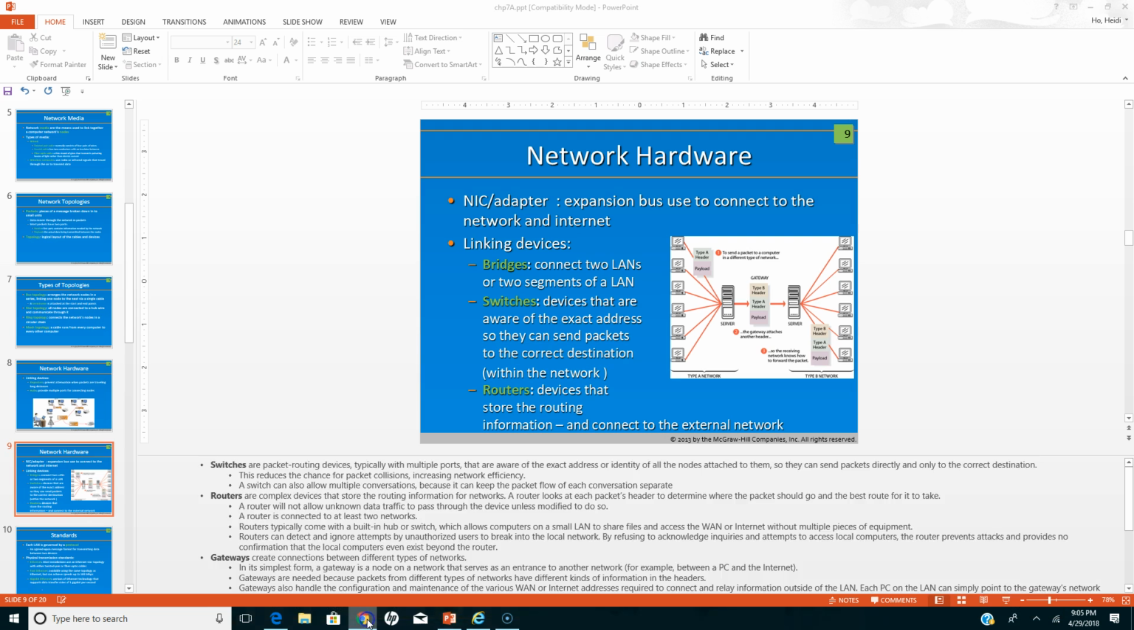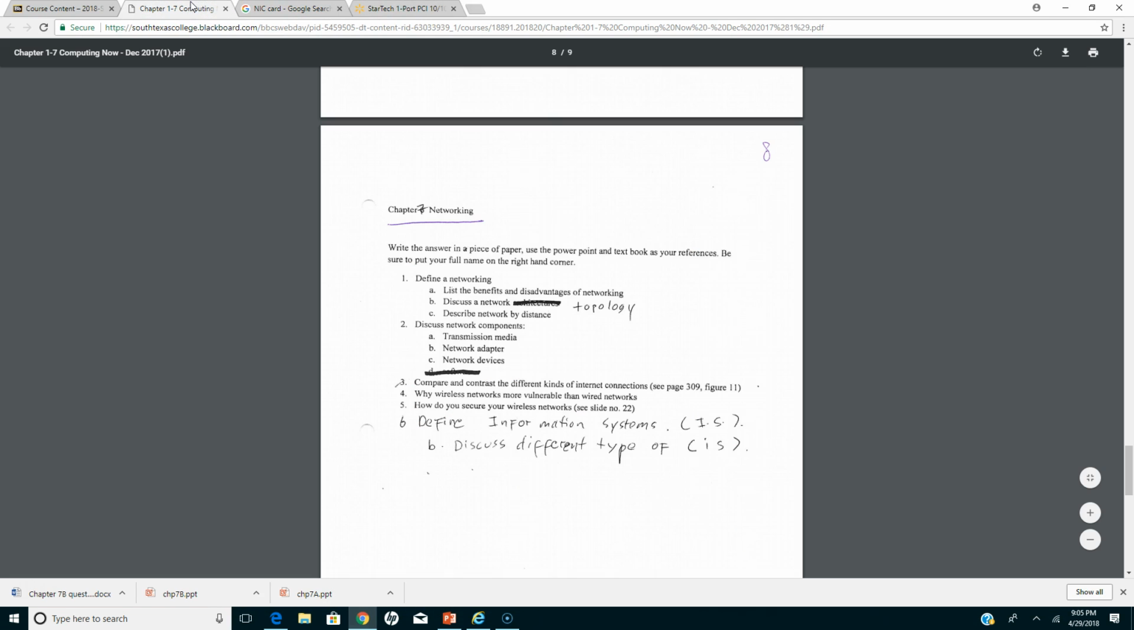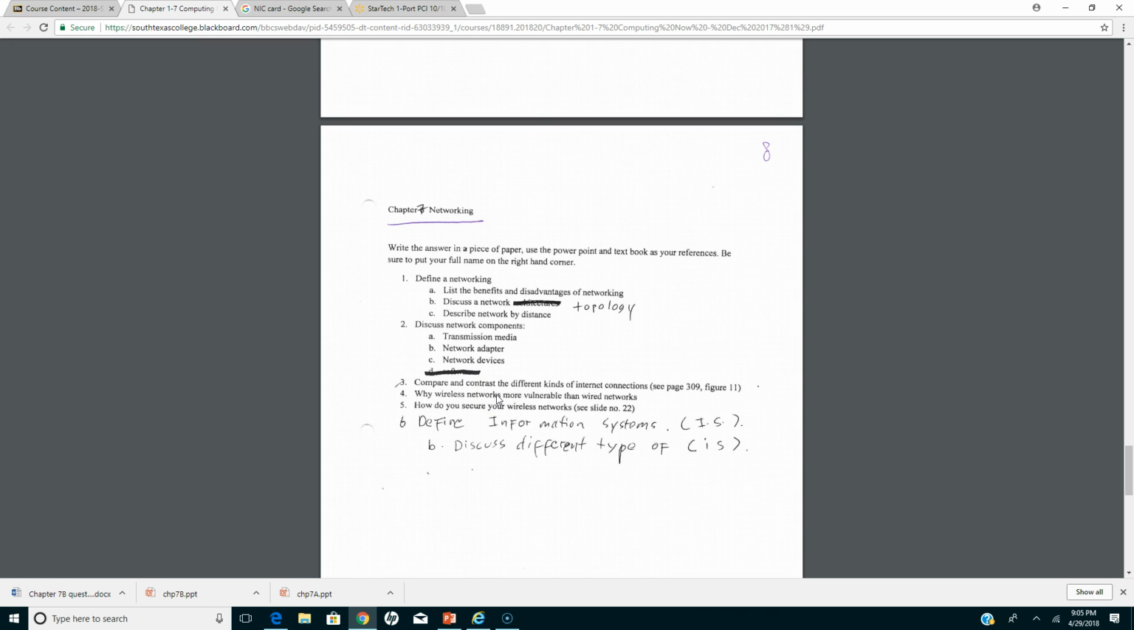All right. So that is basically the second question, which is discuss about network components, what is transmission media, network adapters, and network device. Question number 4, I think I mentioned to you earlier, why wireless network is more vulnerable than wired network? Because